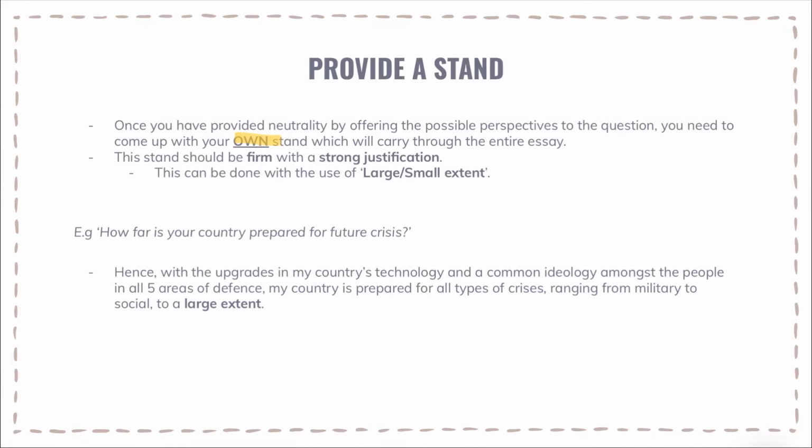So be it if you are for the motion, that means you're going to have to write 3 fors and 2 against. If you're against the motion, you're going to have to write 3 against and 2 fors. Basically, it's always an imbalance. You can also write 2 each, the same weightage, but as an overall evaluation and your conclusion,